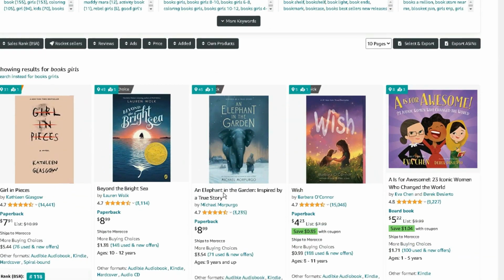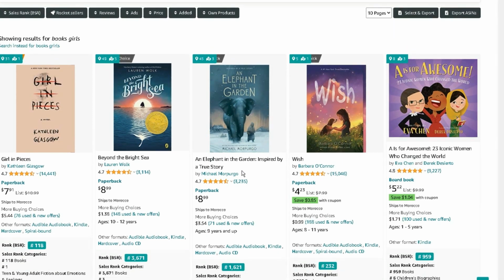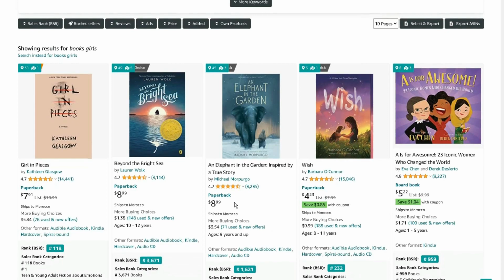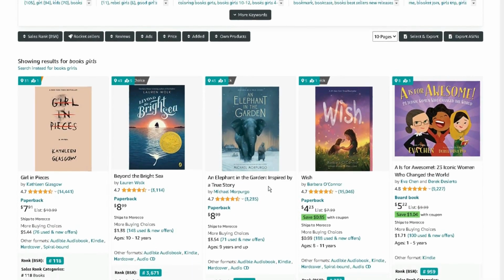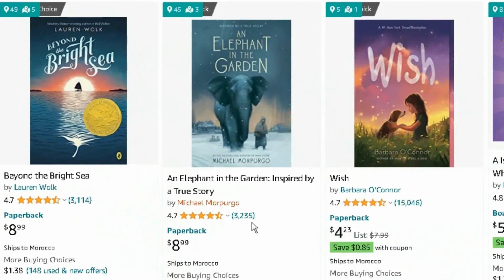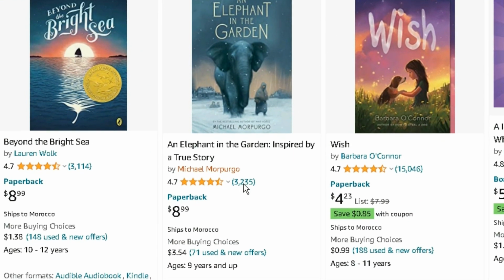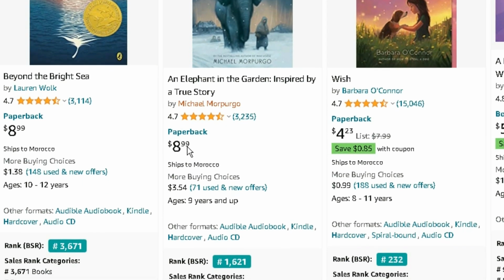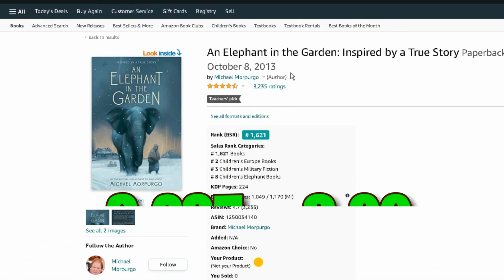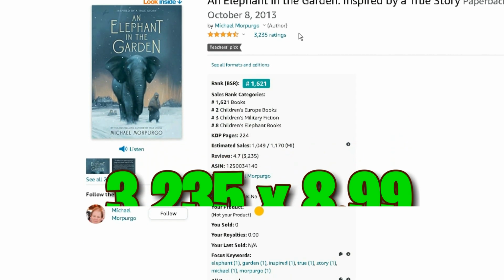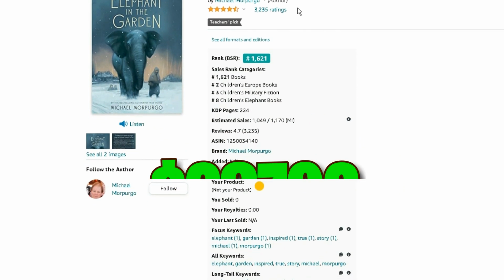As I was browsing Amazon looking for passive income business ideas, I stumbled across these simple storybooks for kids, and I was absolutely amazed at the amount of money these people are making with these books. In this case, this book has over 3,235 reviews and is priced at $8.99. If you multiply this price by the number of reviews, you can see that the passive income generated by this one single book is